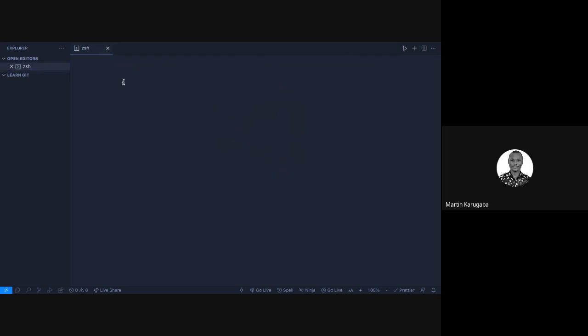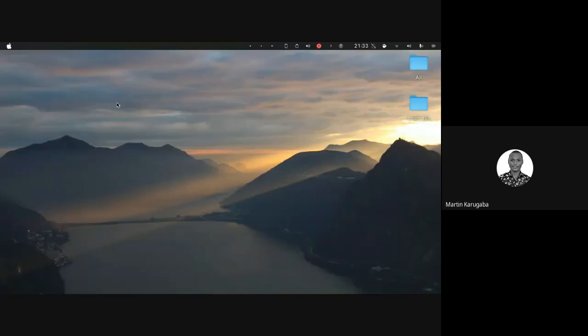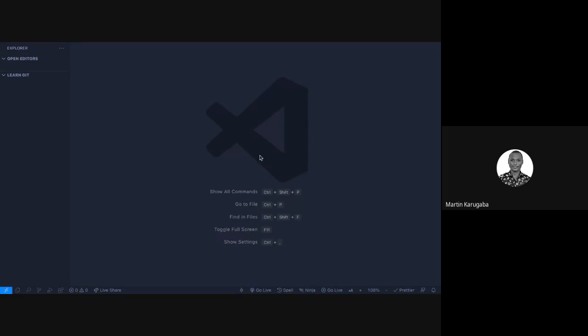By the way, just before I go far, what is a repository? Basically a repository is a folder, a folder or your complete project. A folder that has your project files is a Git repository. Now, at this point, as I speak, this folder that we are working with, learn Git, is not a Git repository. And if I try to create a file right here,